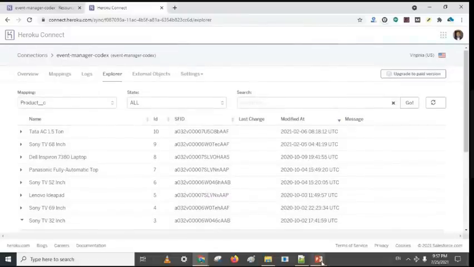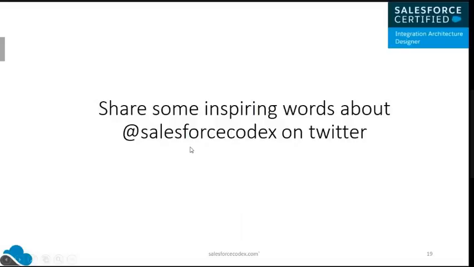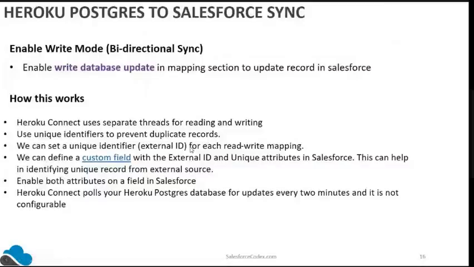So for bidirectional sync, we have to do something in our system. So let's see what we need. For bidirectional sync, Heroku Connect uses separate threads for reading and writing. This is a mechanism where they use 2 threads, one for reading and one for writing.